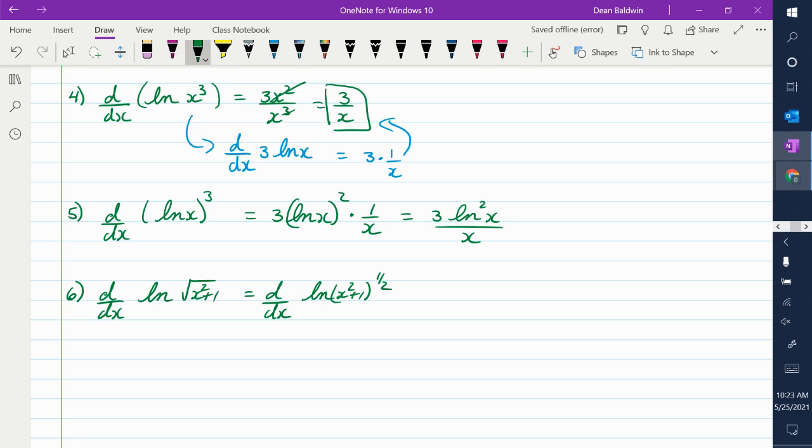What can I do with the 1/2? You can bring it down because it's on the argument. And now it's a much easier derivative. I don't need to worry about the 1/2. So I can just put 1/2 out there. The derivative of the natural log of x squared plus 1 is something over x squared plus 1. What goes in the numerator? 2x. And then those 2's will cancel and you just get